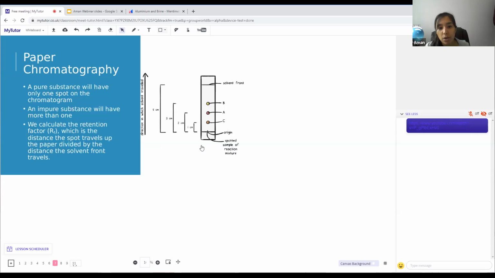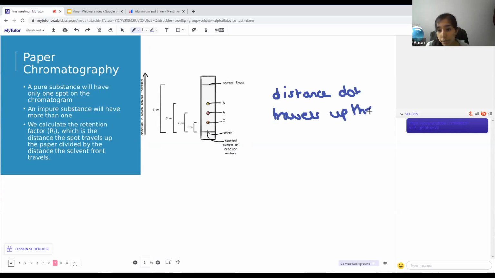If we have a look, we've put a spotted sample of a reaction mixture and it's got three dots on it. These three dots mean that this substance is impure because it's not made of one dot, it's made of three dots. And the final thing that we need to know about chromatography is we need to be able to calculate the retention factor. Essentially the retention factor is a calculation where we look at the distance the spot travels up the paper. So the distance the dot travels up the paper, divided